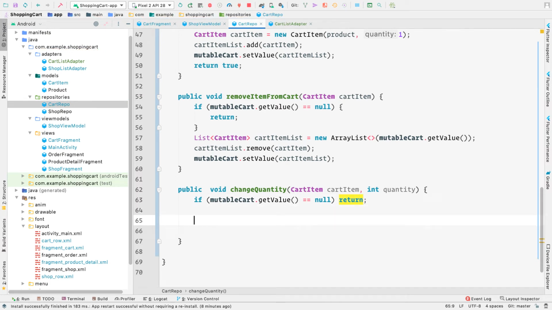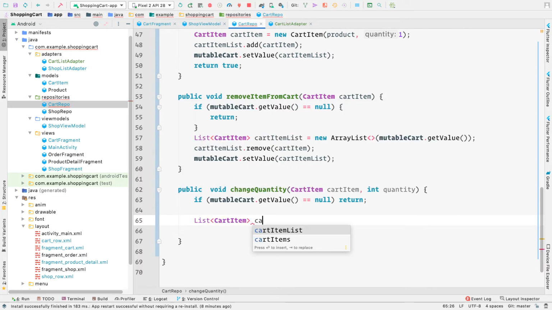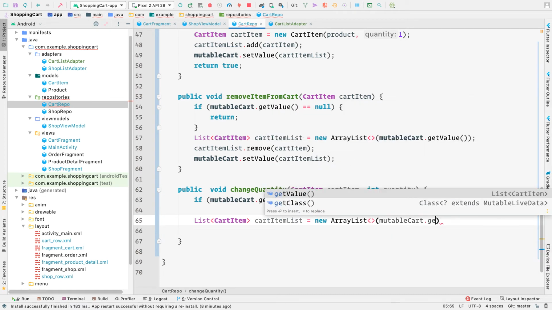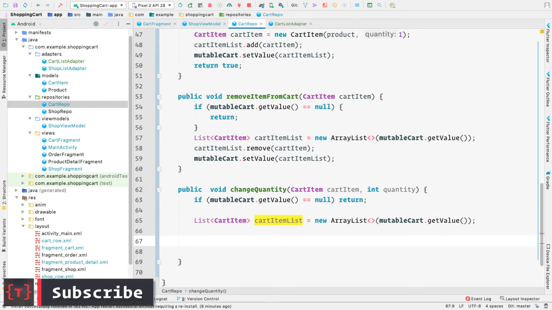Now we want to get the current cart item list, so we can say List of CartItem, cartItemList equal to new ArrayList, and mutableCart.getValue. Now we want to create a new updated item from the new quantity that is coming as a parameter and from this cart item.